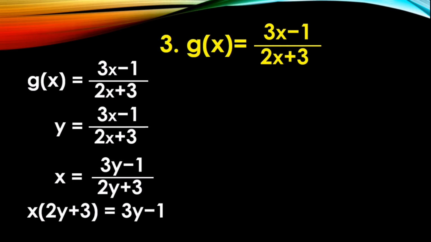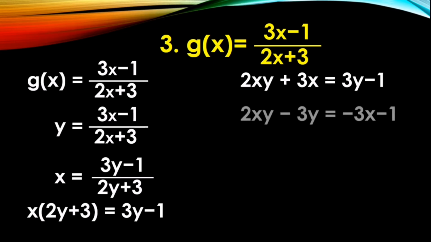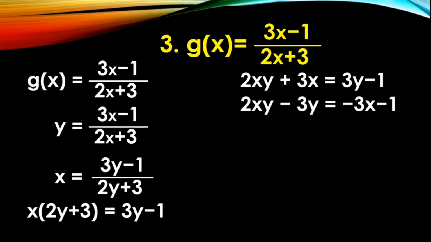So we have here x times the quantity of 2y plus 3 is equal to 3y minus 1. So x times 2y, that is 2xy, and x times 3, that is 3x. Just copy 3y minus 1. Next, combine on one side the terms with y variable. So we have 2xy minus 3y is equal to negative 3x minus